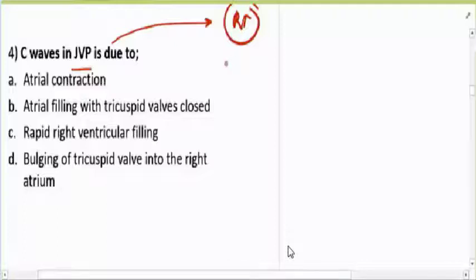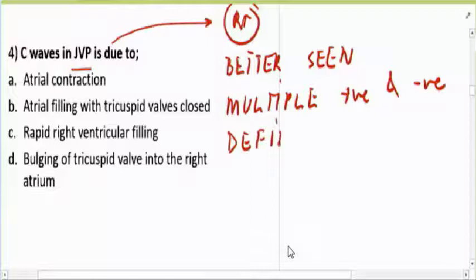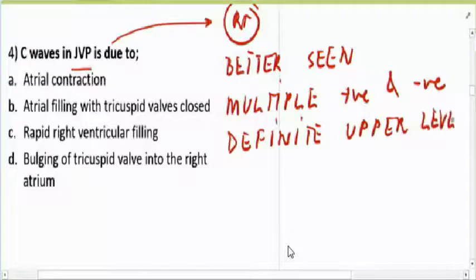Remember, the JVP is better seen than felt, and it has multiple positive and negative waves. Then there is a definite upper level which is seen, and this level rises whenever you press on the liver,